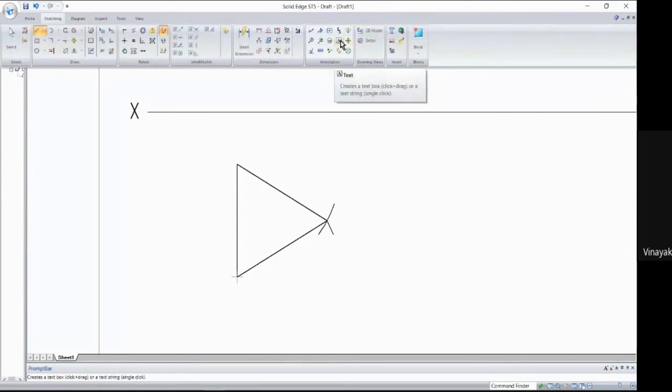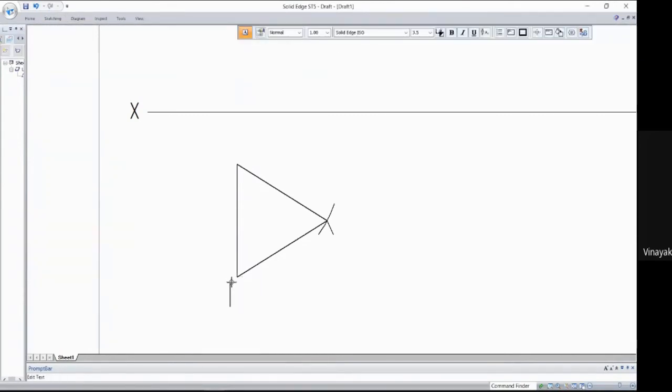Let me just write here. Whenever you're naming it, make sure that you don't overlap the text with your sketch. Just make sure they're a little bit away from it. Let me just type here A. This is corner B of a plane, and this is C. Whenever you are giving the namings in the top view, it should be named in anti-clockwise direction.